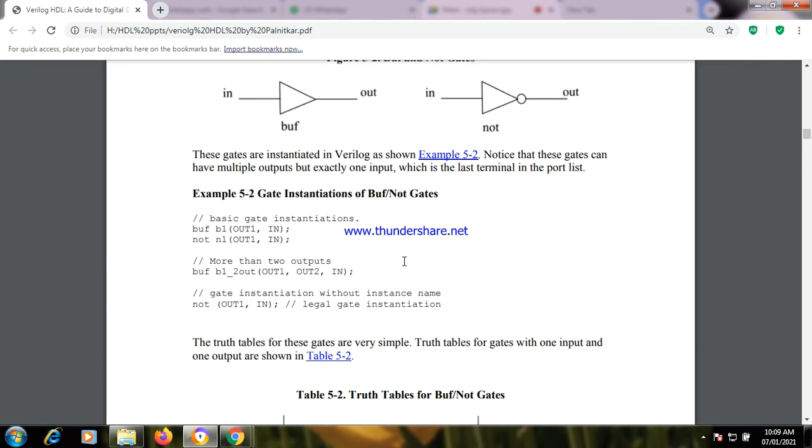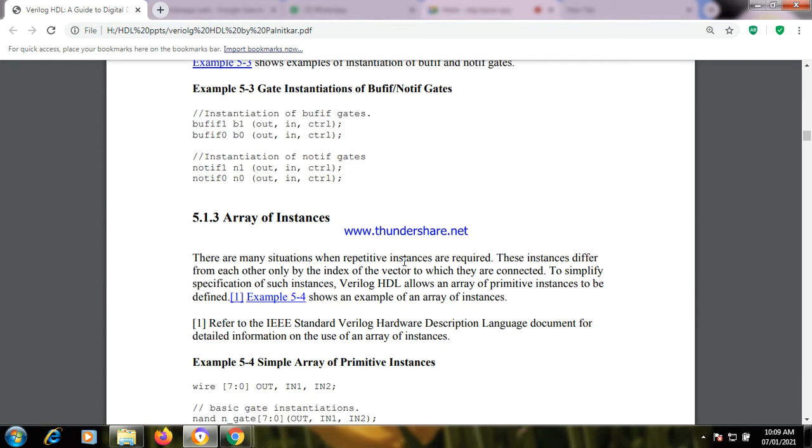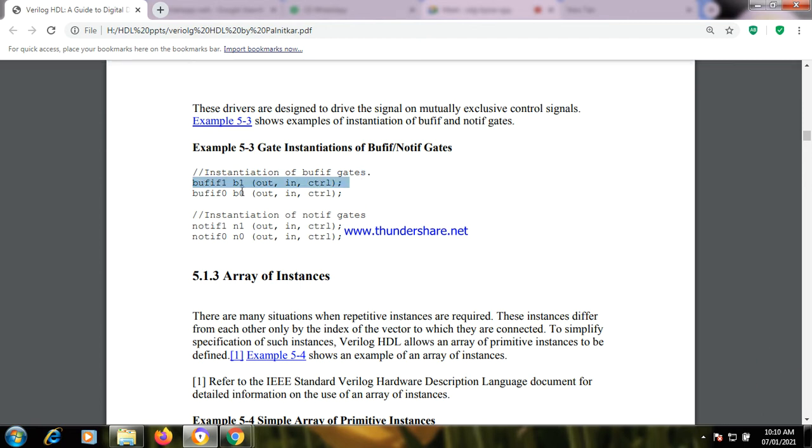So next one is array of instances. So this part is clear, right? Gate instantiations of buff if/not if gates. So what we are doing is, in case of buff if 1, B1, right?